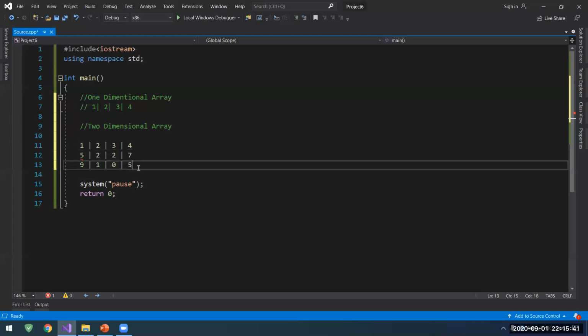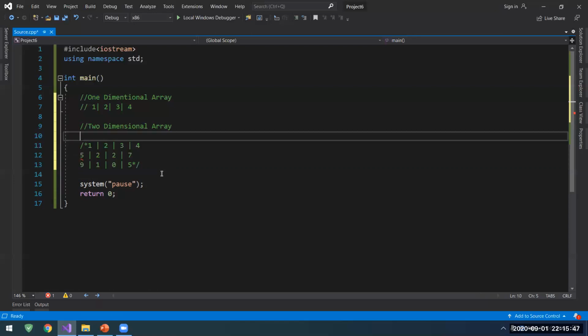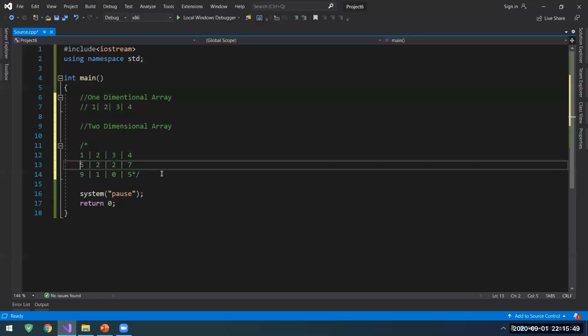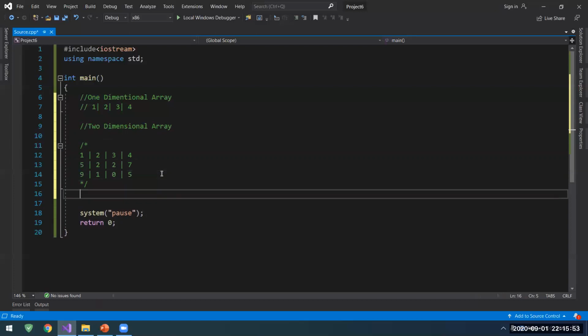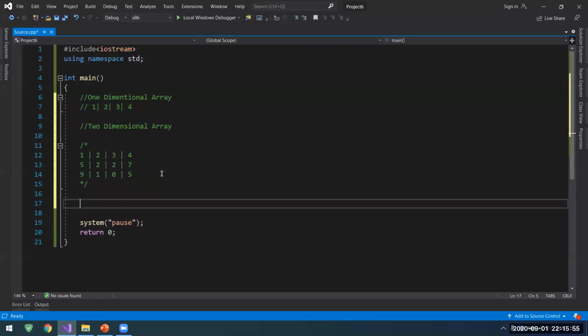Okay. So let's create something like this. Control K and C. Let's create a 2-dimensional array. Let's see how it is happening. In fact, for a 2-dimensional array, if you know 1-dimensional arrays, it's very easy to learn 2 and 3 and the other dimensional arrays. It's the same thing, either declaring it,